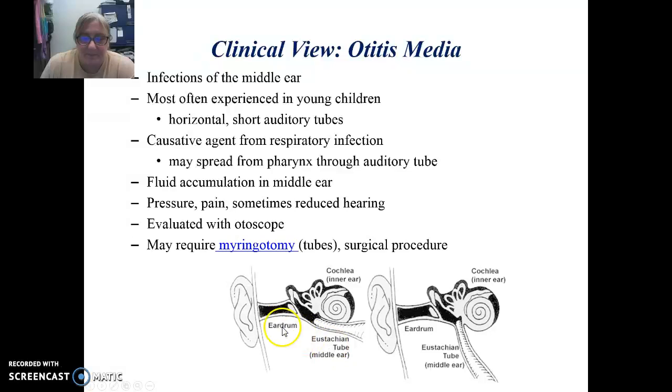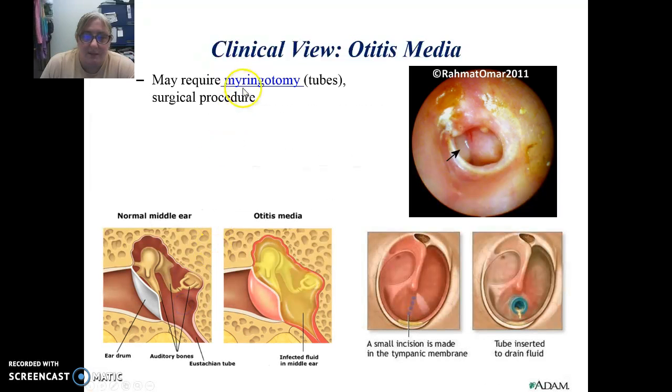Does that make sense? And so typical procedures to protect children, oftentimes they have tubes put in. And there's a video here that you can actually watch if you want to, of having tubes put in. So this is what an ear infection looks like. What's happening is you're getting a buildup of fluid that's not draining down, and so it's causing the tympanum to bulge. And if the tympanum bulges enough, it can actually burst, and then you have pus and blood potentially coming